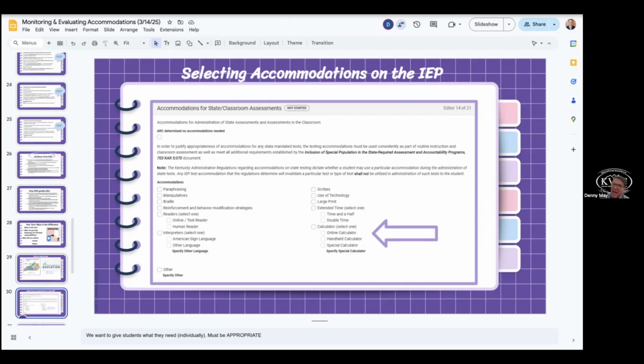But then we have some portions of the test where you can't use a calculator unless you have an IEP. That's the purpose of this box right here. So when we have an IEP or a 504 plan, we can check the use of a handheld calculator on those non-calculator portions of the exam, if you will. And I think you all understand that. We check it here, and when we do, that keys the State Department into looking for verification, which we've been talking a lot about today. Okay, and I'm going to show you on the next slide.